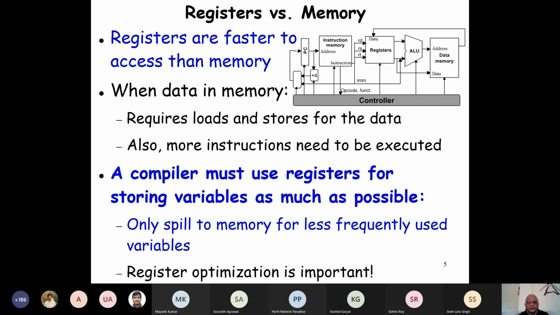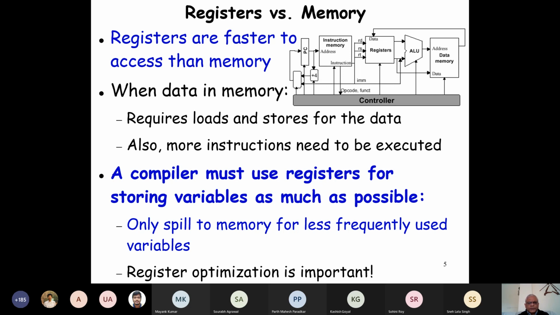So it's a good idea to have the data present in registers as much as possible. And that is an important topic in compiler writing called register optimization. The main idea there is that we want to use the set of registers very efficiently. All the data that are needed should be present in the registers, and the data that is not needed anymore is written back to the memory.